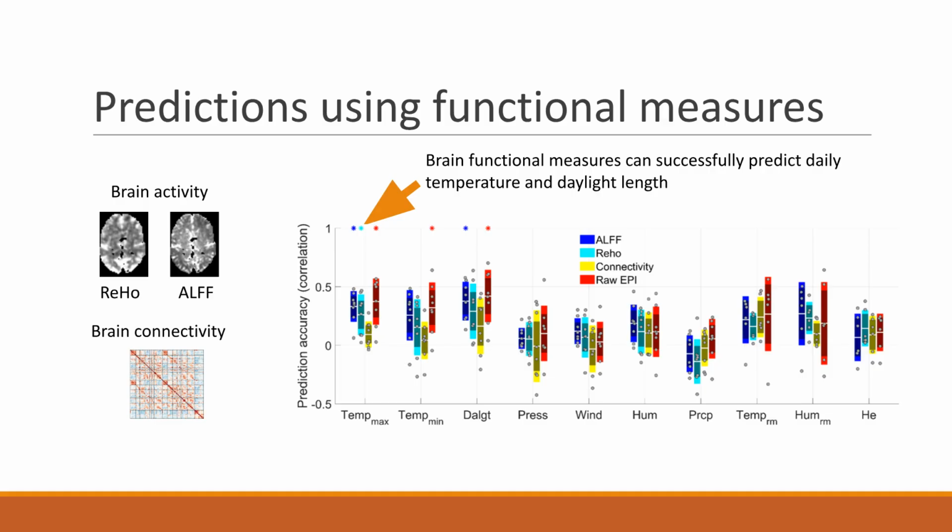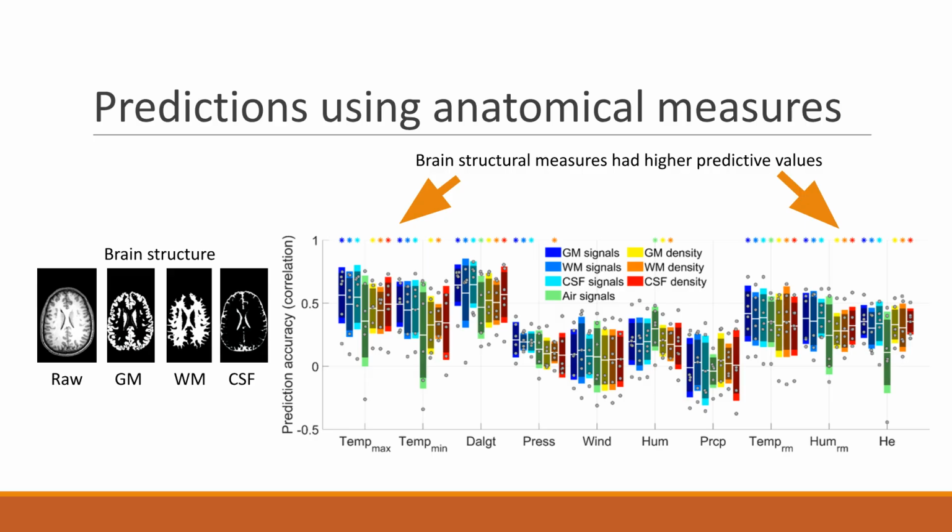At first glance, this was consistent with our hypothesis. But as scientists, we needed to be more rigorous. We wanted to see if other measures, ones that are highly unlikely to change on a daily basis, could also predict the weather. If they could, that would be a major red flag. So we turned to anatomical data. Logically, the physical infrastructure of the brain shouldn't vary significantly on a daily basis due to the weather. Yet we found that our predictive accuracy was actually much higher using structural data, and we could predict even more weather parameters. Because structural data generally has a higher quality than functional data, it suggested the model might just be picking up on the MRI signal itself.